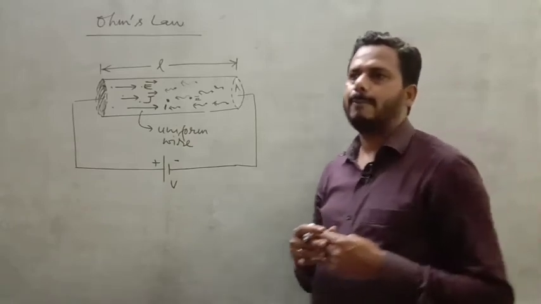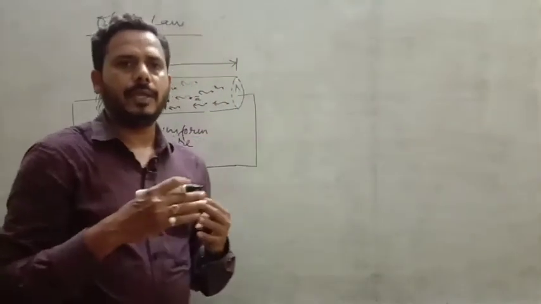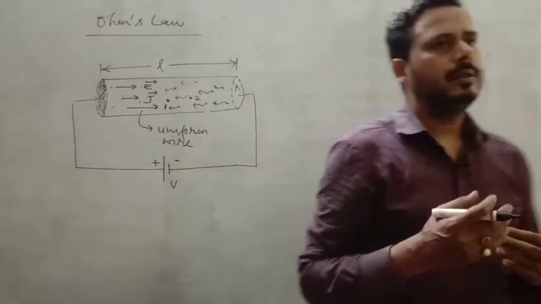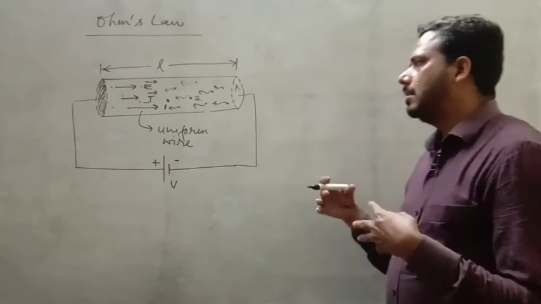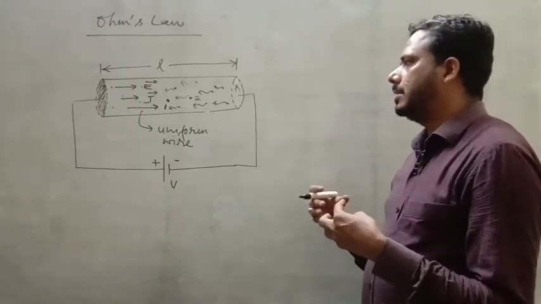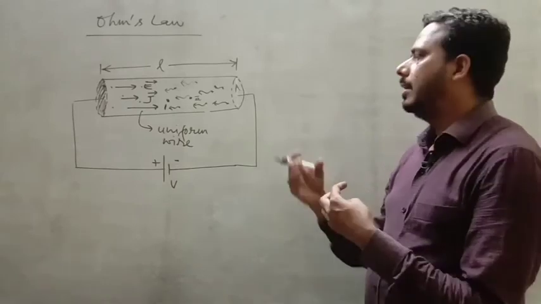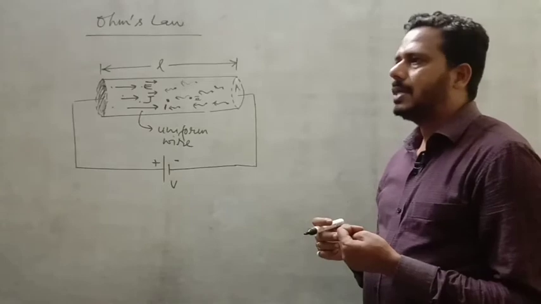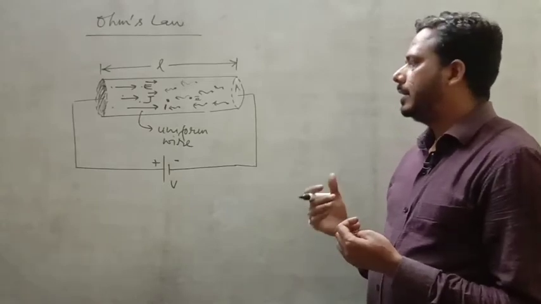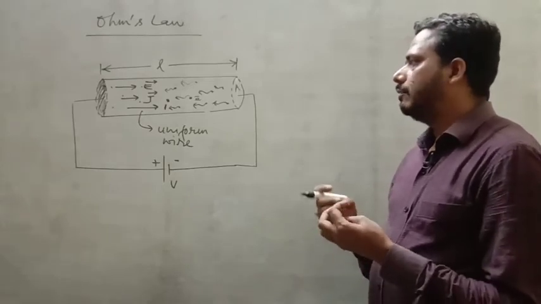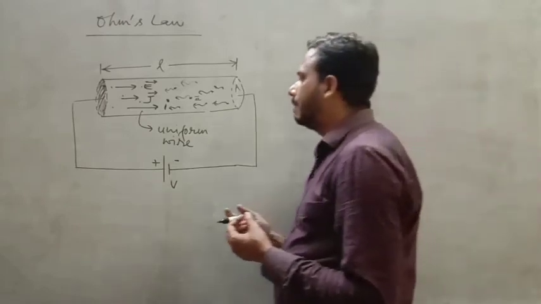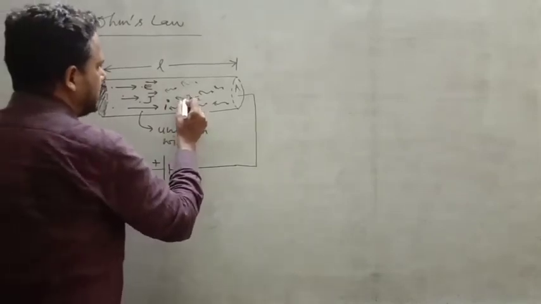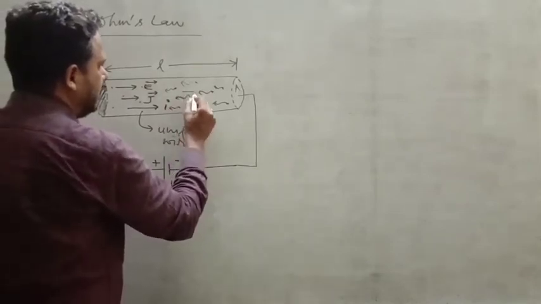Okay, that's why it started flowing, and in its way of flowing, what happens is it collides with another electron, or a number of electrons. So there is a force that opposes the flow of electrons. Okay, so whenever we see its microscopic diagram, I just want to take its microscopic diagram.